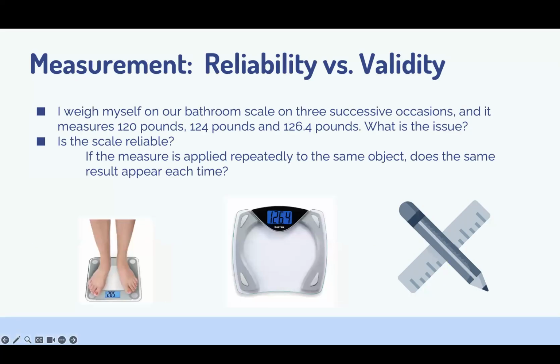So when we talk about moving concepts into variables that we can measure, we need to think about the reliability of the tools, like scales, we are using. The scales may be non-reliable. For example, if I want to weigh myself on a scale on three successive occasions, and it's measured like 75 pounds, 100 pounds, and 150 pounds, think about this.